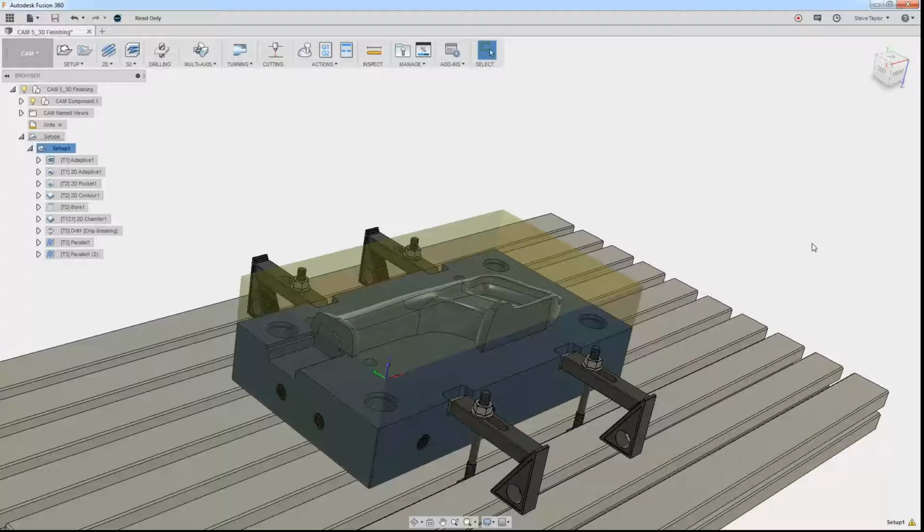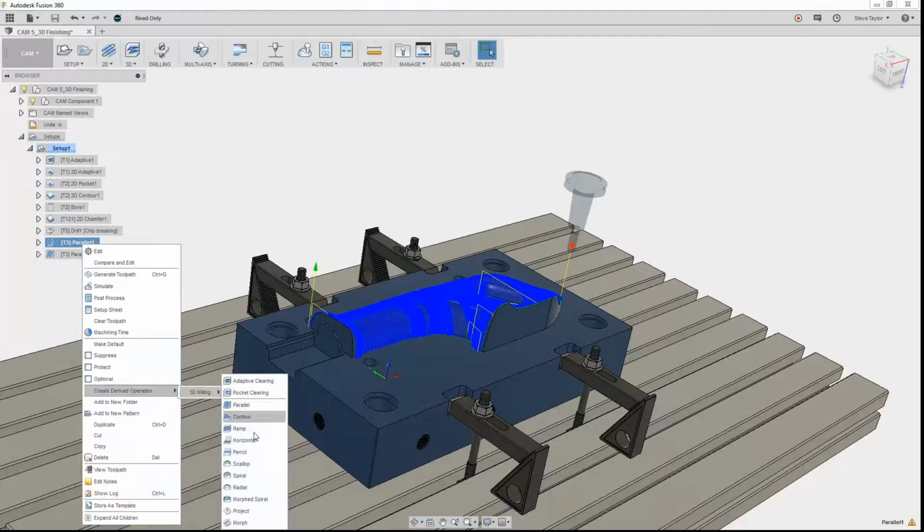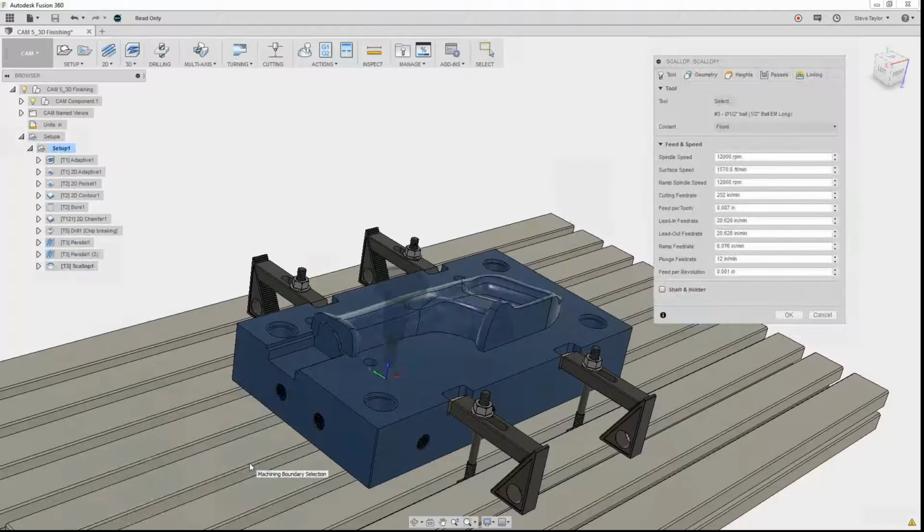So here, I want to change from creating another parallel to creating a scallop toolpath. If I click on this one, right click, create derived operation, 3D milling, and go to scallop, I'm keeping everything else the same. So if I just go OK,